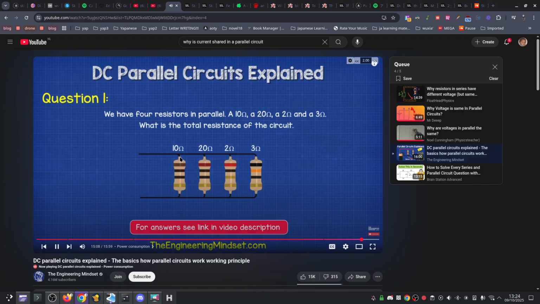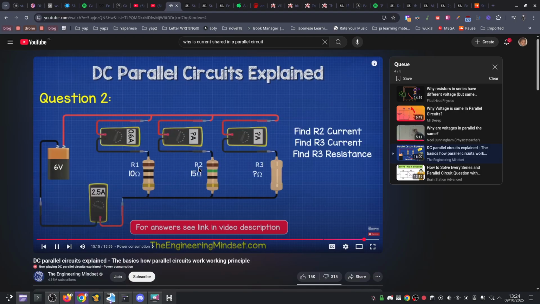Question 1. We have 4 resistors in parallel, a 10 ohm, a 20 ohm, a 2 ohm, and a 3 ohm. What is the total resistance of the circuit? Question 2. We have 3 resistors connected